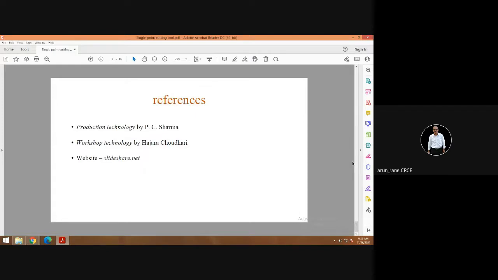As I told, Production Technology by PC Sharma is a good book. Then there is one more book, Production Technology by HMT. HMT is a machine tool manufacturer, Hindustan Machine Tools. That book is also good, and we have many copies in our library. It includes everything. Then Workshop Technology by Hajra Choudhury, there are two volumes. PC Sharma also has two or three books under various titles. One is Production Technology, another is Production Engineering. So go for Production Engineering, which will have everything, casting and so on. You can just flip through the book before you buy it.